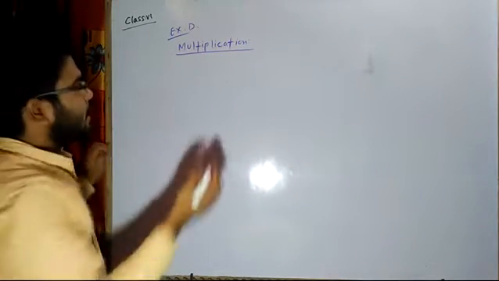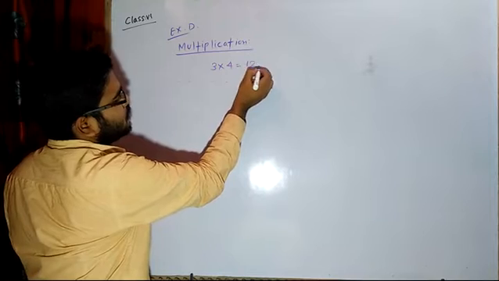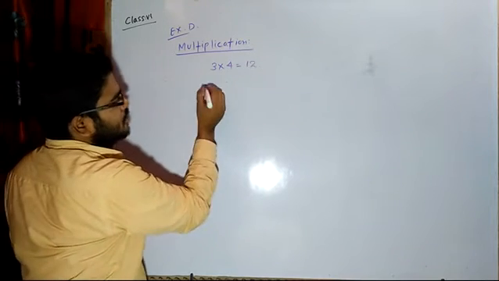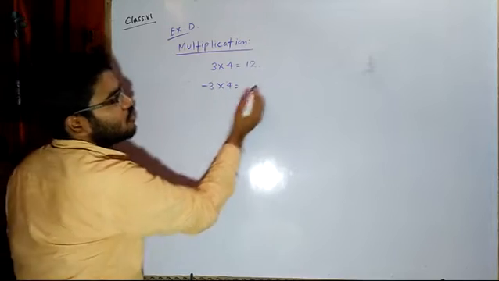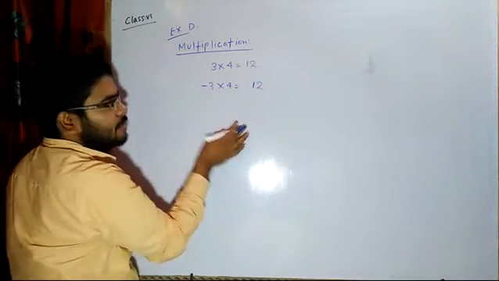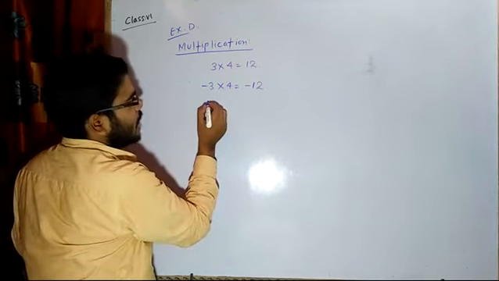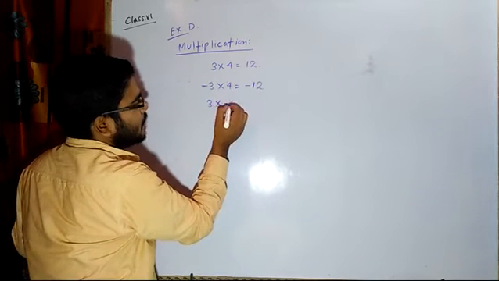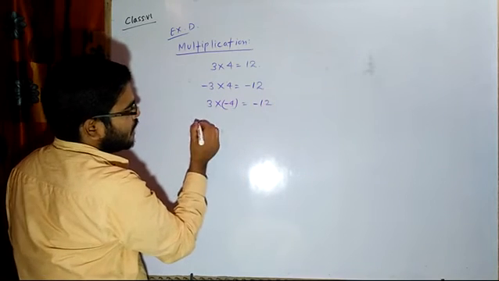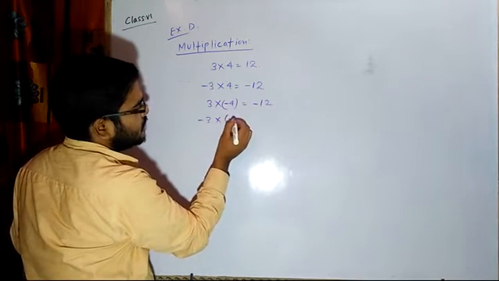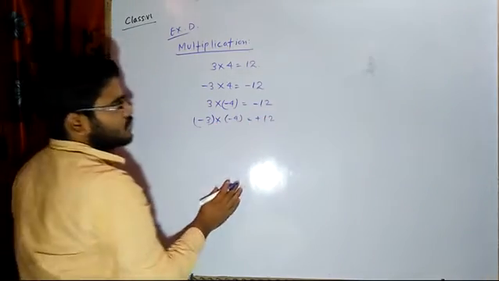We all know multiplication like 3 multiplied with 4 will always be equal to 12. Or if I say I am having minus 3 multiplied by 4, then what is the answer? 3 4s are 12. The product will be the same, but the sign will come here, that means the minus sign. Now if I have 3 multiplied with minus 4, then 3 4s are 12, then the minus sign. If I have both the terms as negative, then what are we going to get? Again we are going to get plus 12.